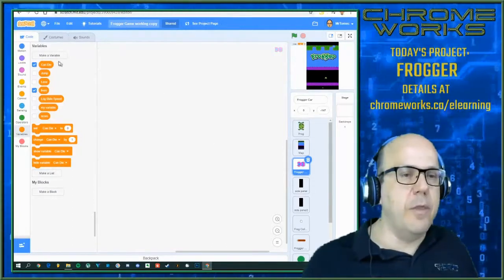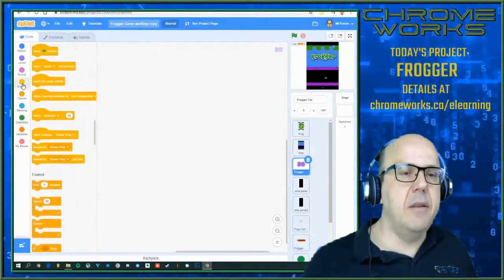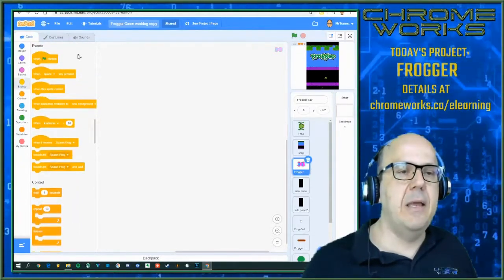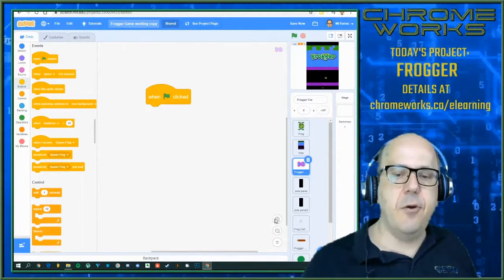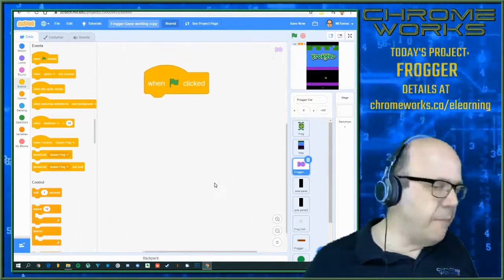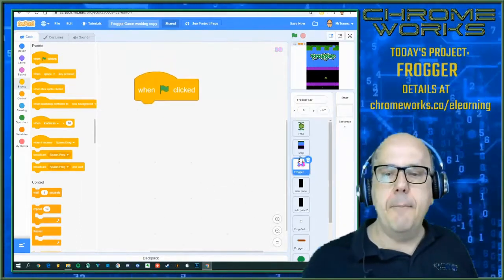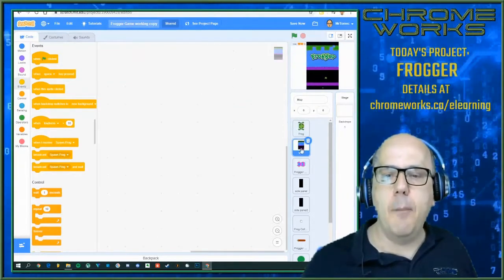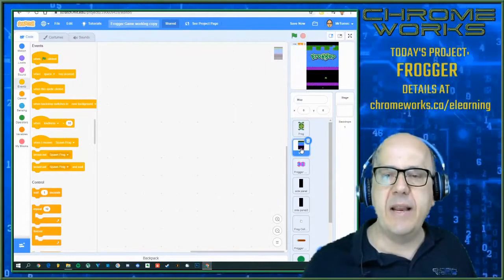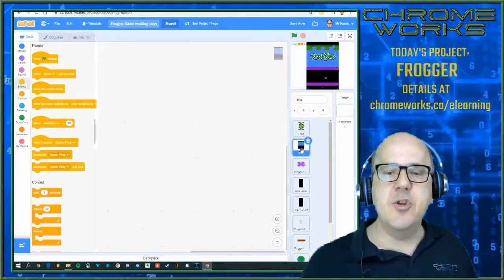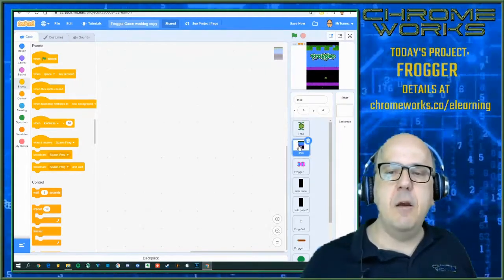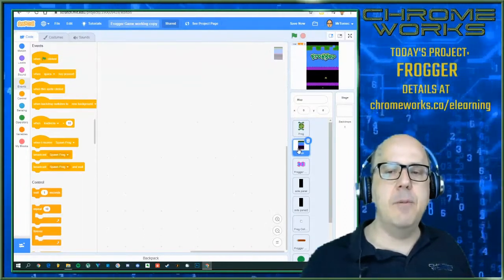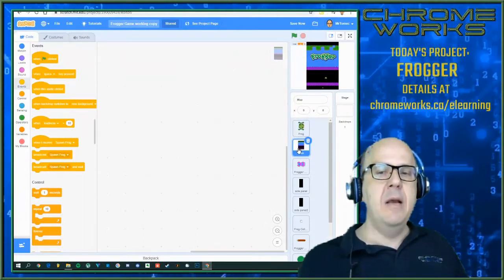Okay, so let's start with a green flag. I'm going to go under events and grab my green flag. So when the game is started, we've got to set some stuff up. Firstly, the map here is a sprite. Sometimes you can set up your map as a backdrop, but in this case, we've set it up as a sprite, which means that there's a chance that when we start the game, this thing could be in front of everything. We're going to have to be really careful when we're making this game to make sure stuff is in